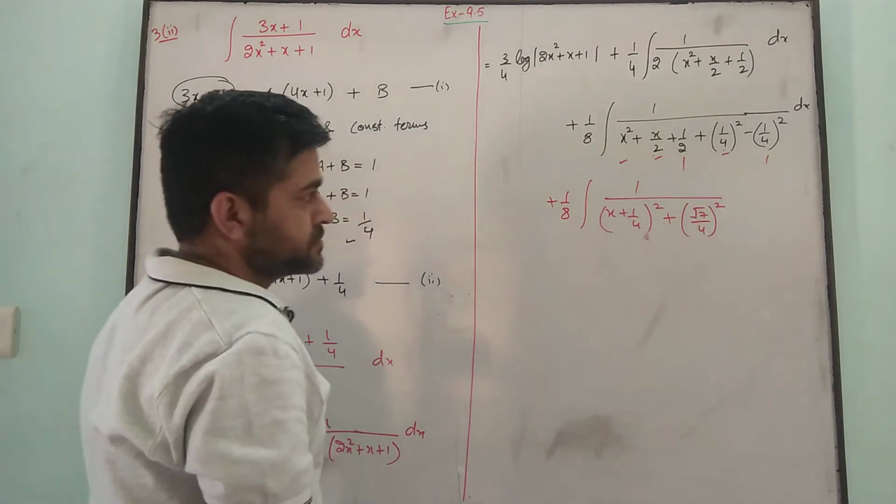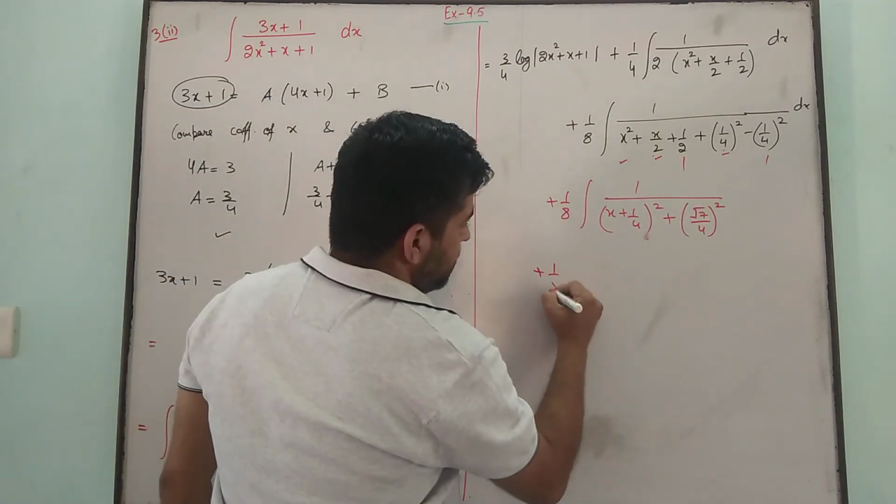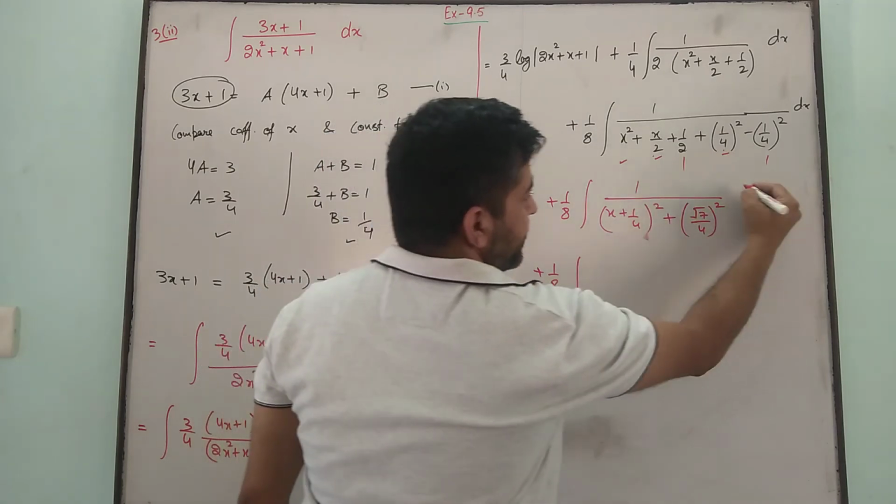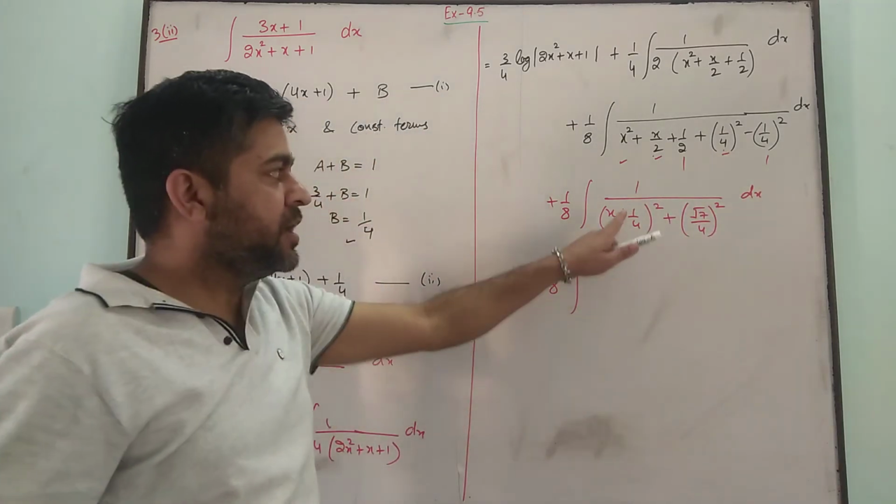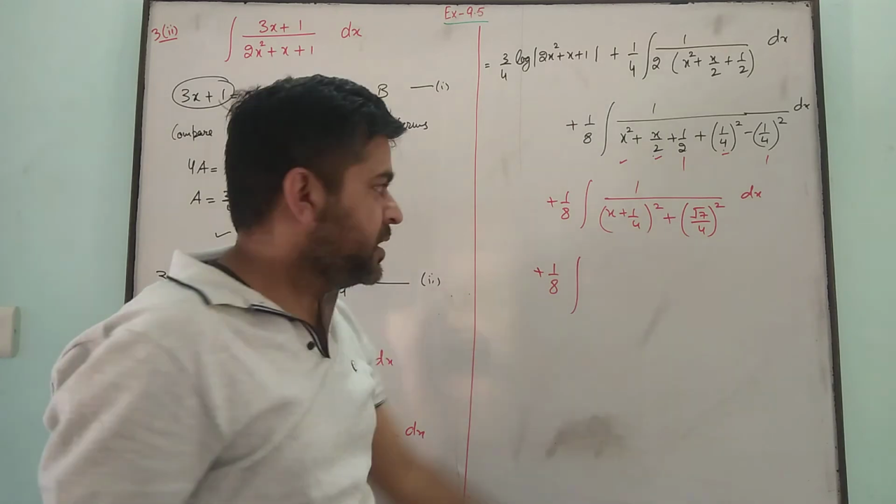So we got 1 upon x square plus a square. Integral is,